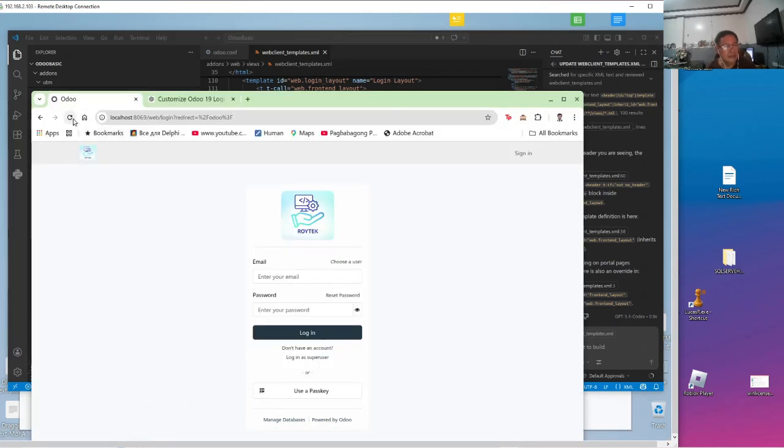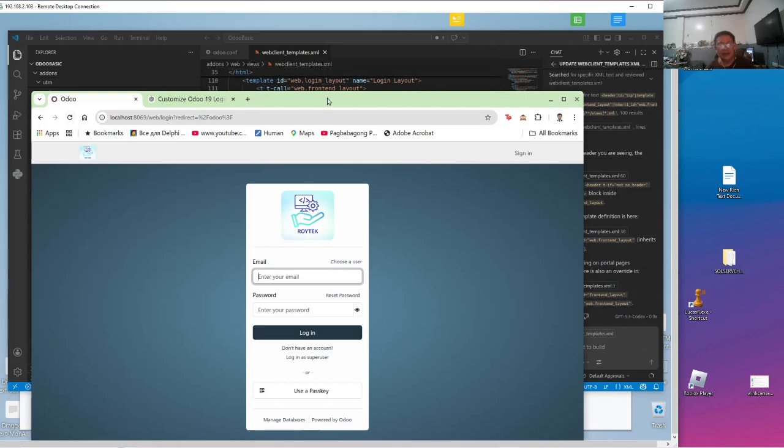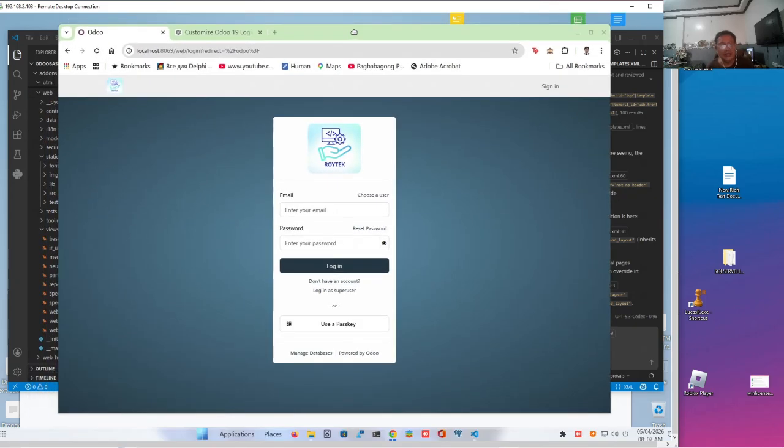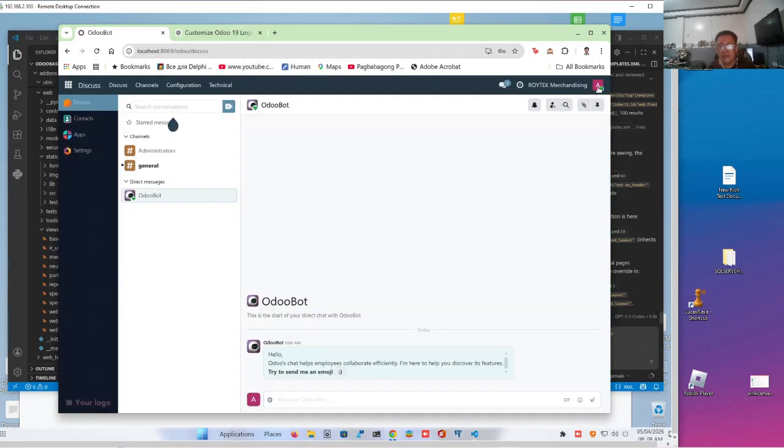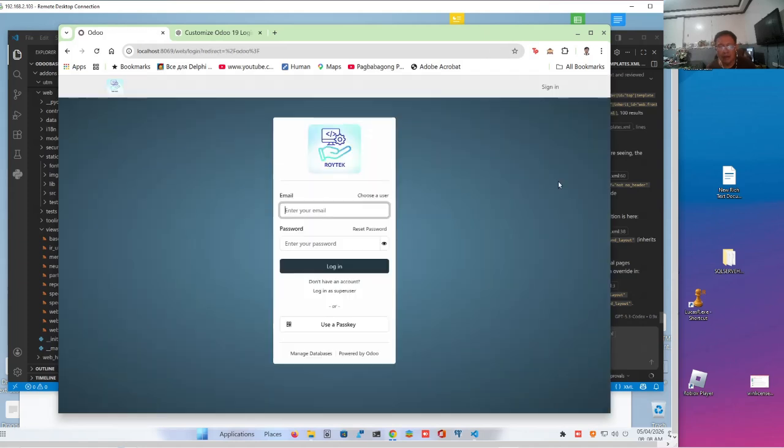Let's refresh this. Now we have a different looking login screen. So I think this is what my subscriber wants, to make the login screen look like the Mac web theme. Let's try to log in. Let's try to log out again. Okay, so we have the same login screen.